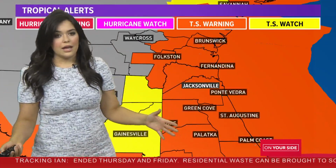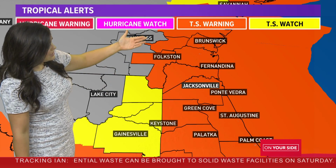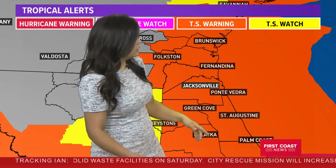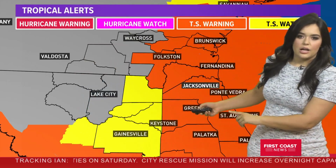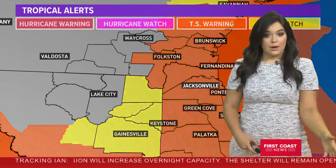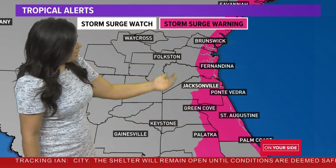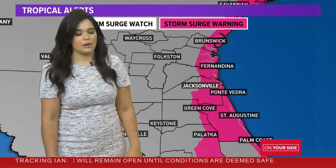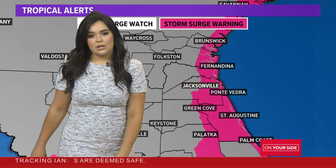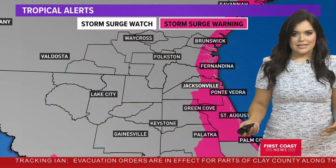We're going to get a quick look at what our tropical alerts are. We've got tropical storm warnings for the counties you see there in orange, including Duval, Nassau, St. Johns, and Clay as well. And then we've got tropical storm watches out for the counties you see there in yellow. Now we also have storm surge warnings for the areas you see there in pink. We're going to continue to watch that flooding threat throughout the day today and into tomorrow as well. We'll be sure to keep you updated on air and online for the next several days. You can just head over